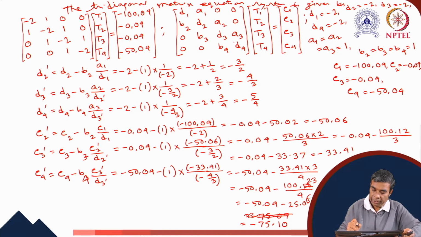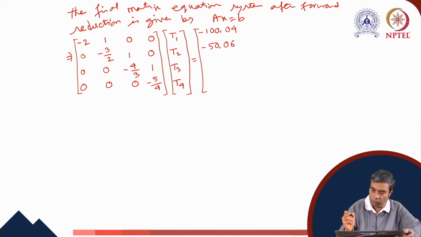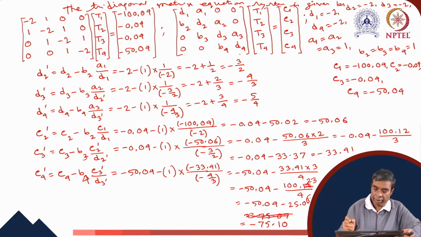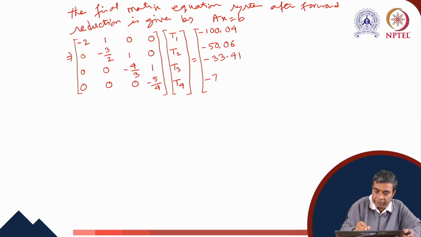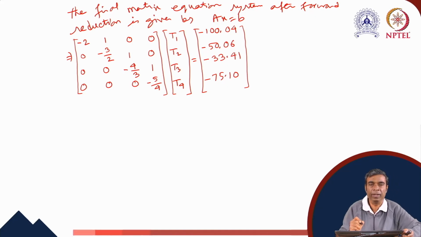Our C3 has become C3 dash, minus 33.41. And finally our C4 dash is minus 75.10. Now with this matrix equation system available, we can perform the back substitution